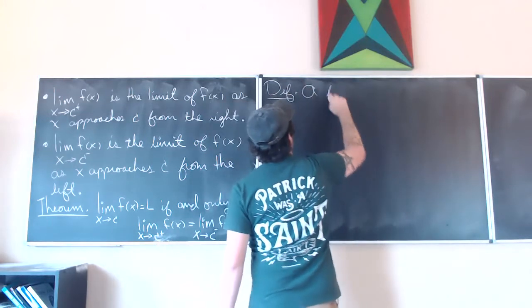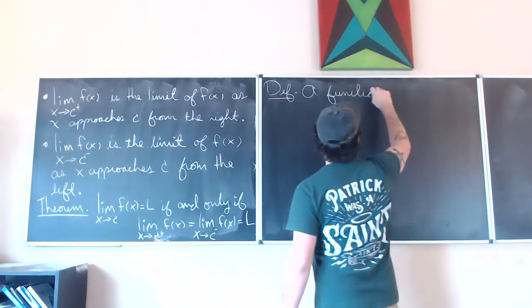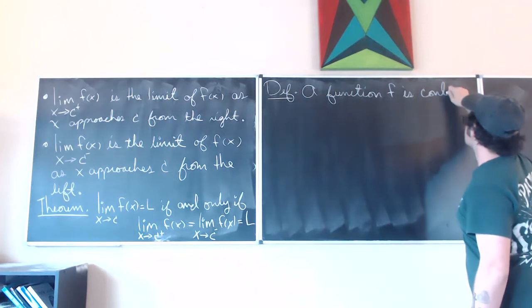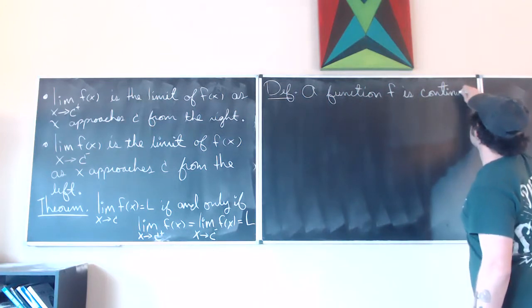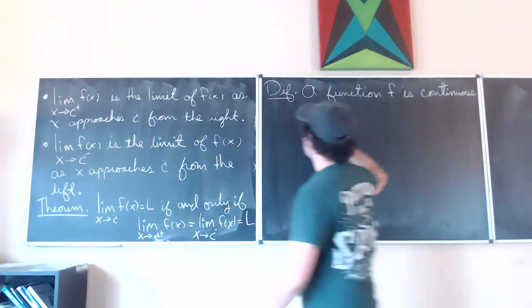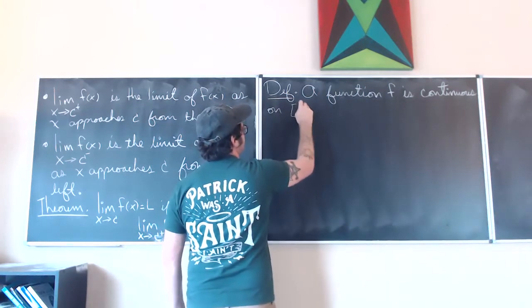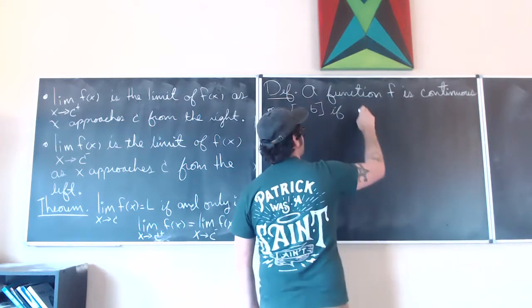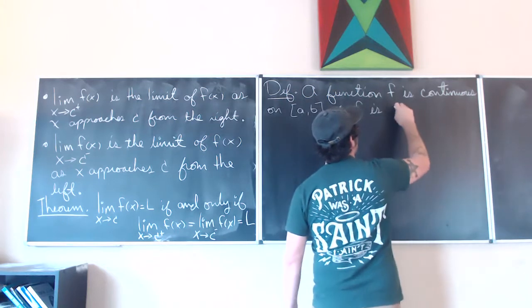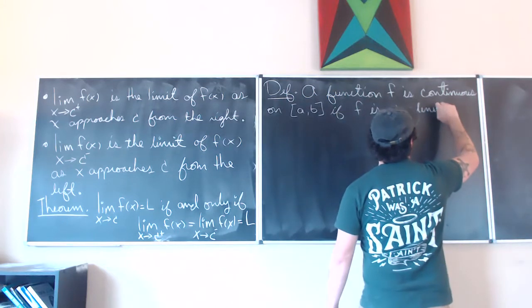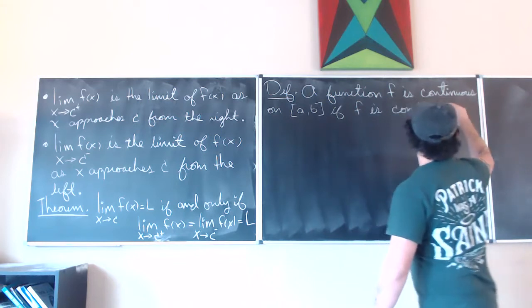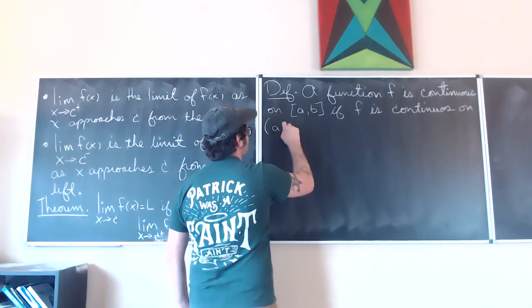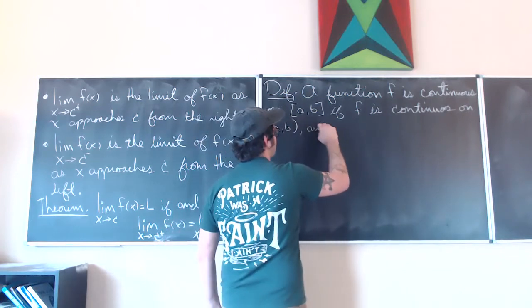So, a function f is continuous on the closed interval [a, b] if f is continuous on the open interval (a, b) and